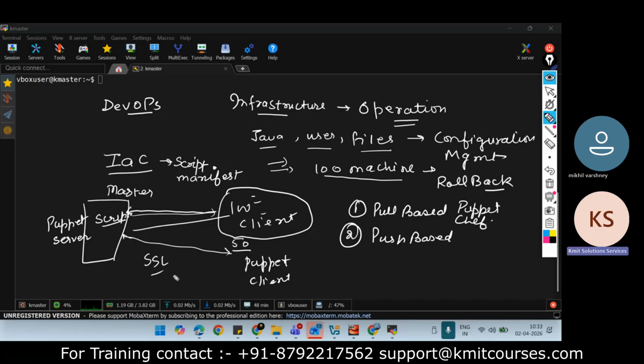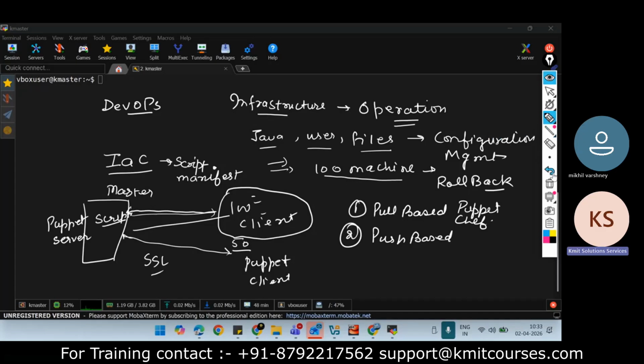But you need to install the Puppet server and the Puppet client, and then the communication starts. So if there are 100 machines that you want as Puppet clients, you need to install the Puppet client software on those 100 machines.